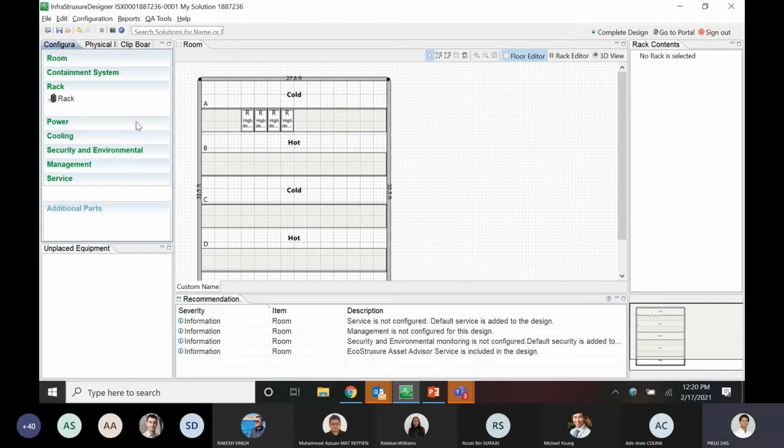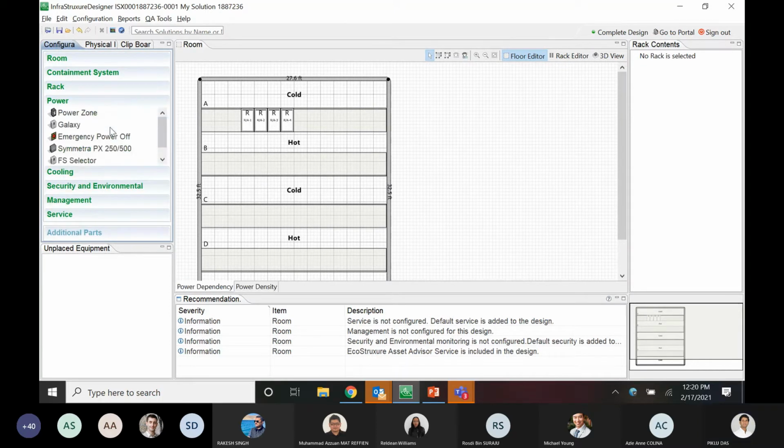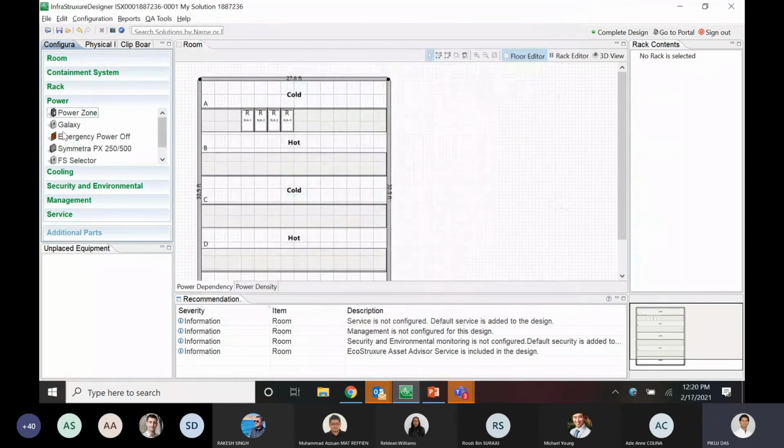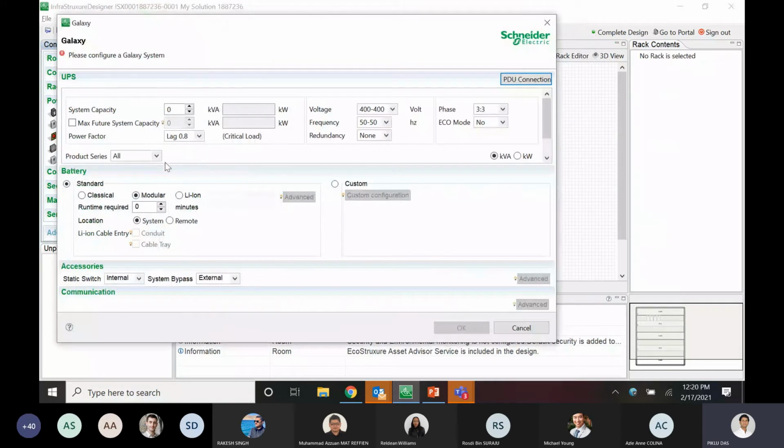So now the ideal condition is that we will go to power, right? In the power section we can see that in ISX designer we host different kinds of power offers or portfolios. Under power zone we host all our Symmetra products, right? And in the Galaxy we support our Galaxy products.